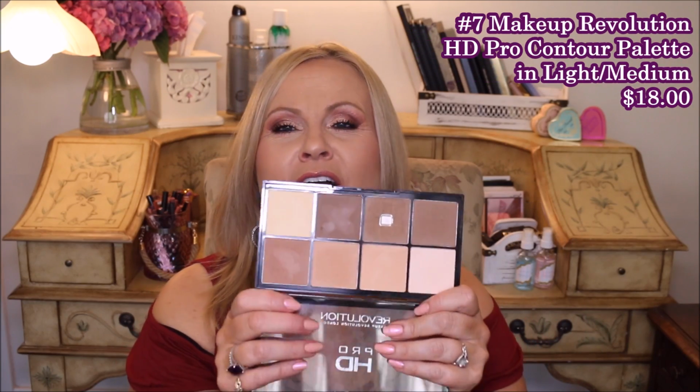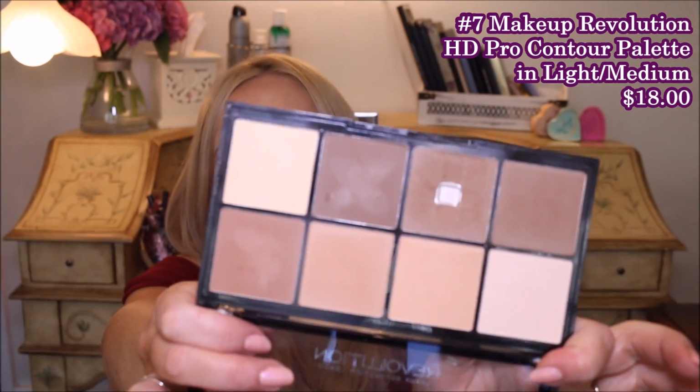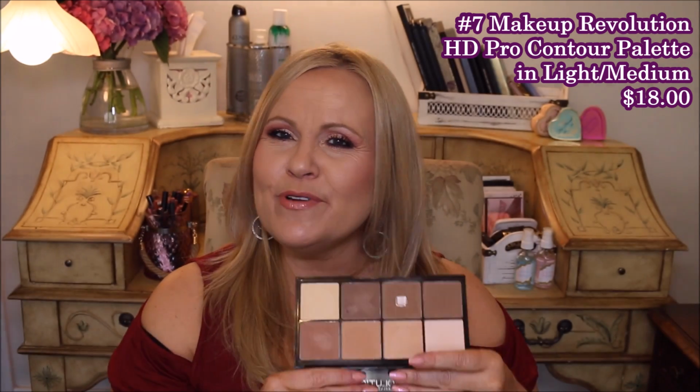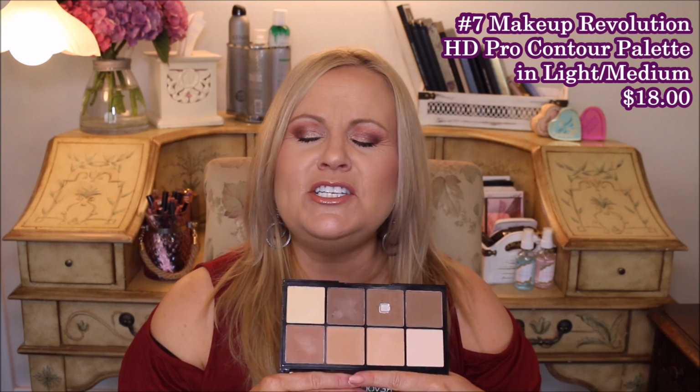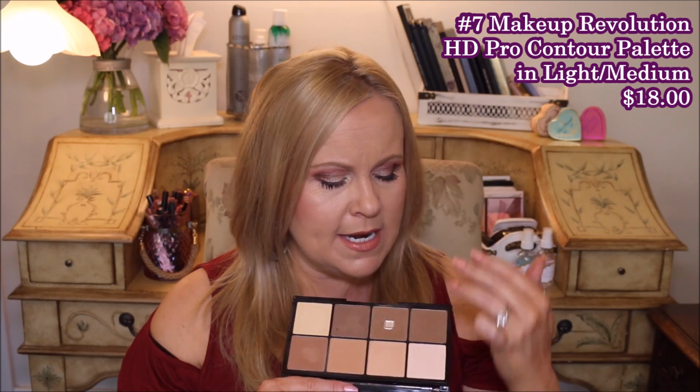Now number 7 is my Makeup Revolution HD Pro Contour Palette, and this one is in light medium. As you can see, I have hit pan on one of them and I'm working on the others. I really do like this palette. I think that it is very comparable to the Kat Von D Contour Palette, which is just an absolutely wonderful palette, but this one is a fraction of the cost, and I cannot stress to you enough how nice these powders are. I use this way more than I use the Kat Von D one, more than anything just because